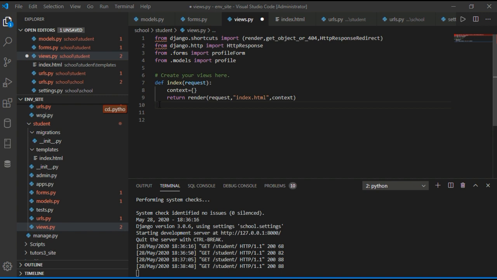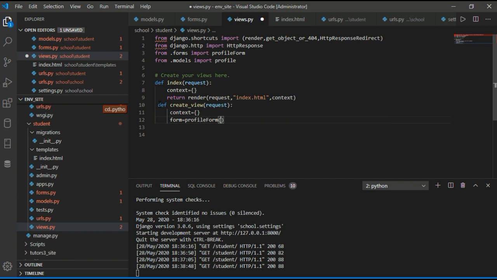Now we create the create view. So we define a function create view, request. Context is meaningful. Variable can be any, right?